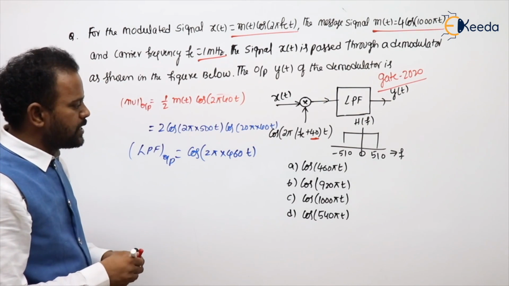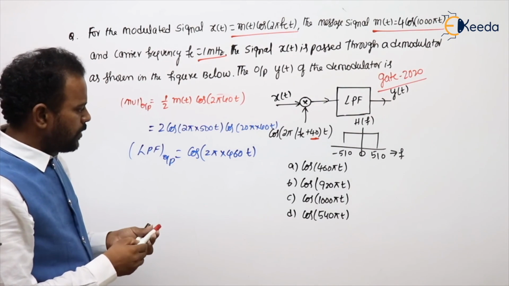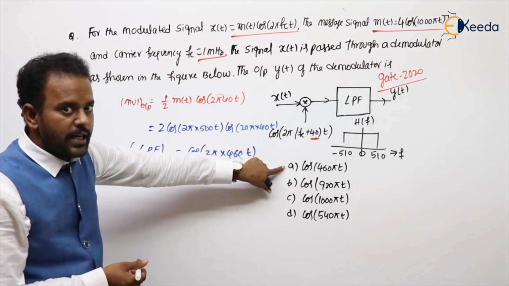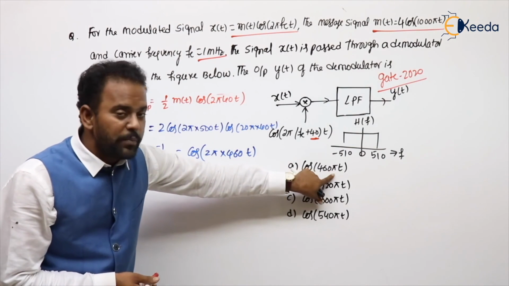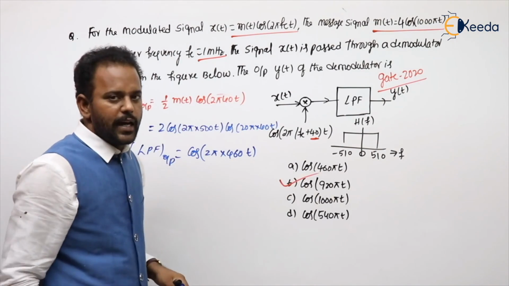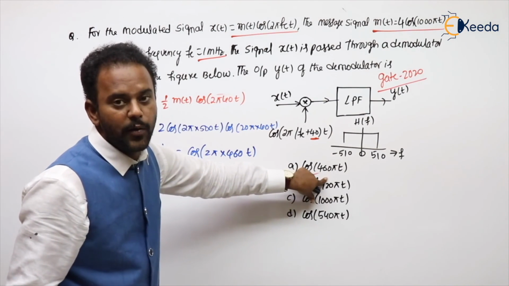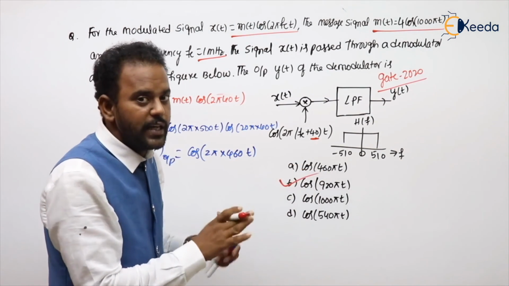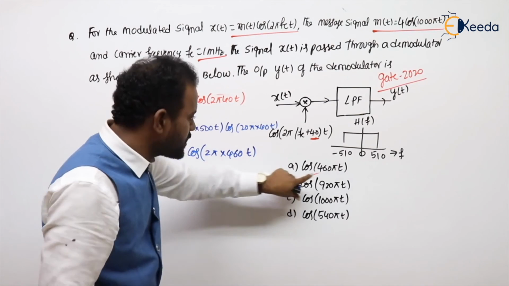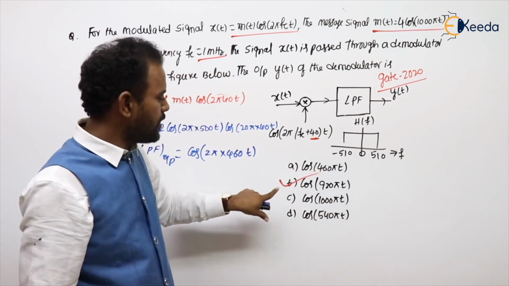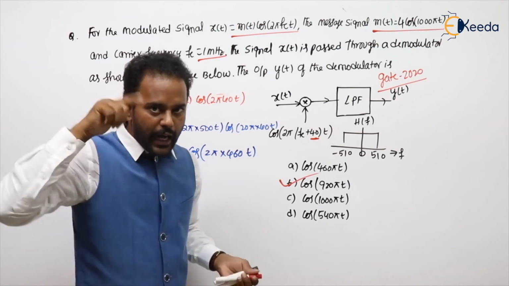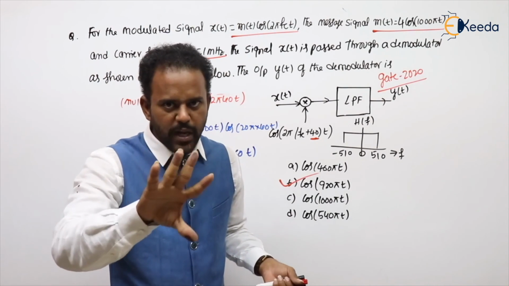So now you can see the options. Generally students will feel it is 460, but he has given only pi, not 2 pi. So with the 2 multiplied, it will be 920. So directly I'm saying 460, yes, it came 460. Right? Directly go for option A. Try to say always option A is a trap. Observe it cleanly: 2 pi into 460 given, okay, but 460 pi is given, so 920. Option B. See how simple you can solve it. You can do the calculations in the mind itself. Cos A plus B, A minus B, those are the basic things.